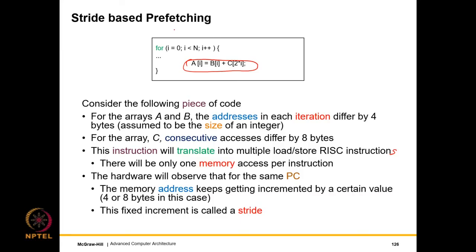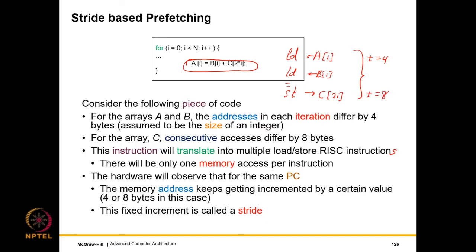Let's say when we are loading A[i], I'm just writing it in an informal way, when we are loading A[i] into some register, when we are loading B[i] into some register, and then finally after an ALU operation we will store a value into C[2i]. So for each of these instructions the PC is the same, right? So the PC remains constant, but every subsequent access you will find the addresses increasing by 4, the addresses increasing